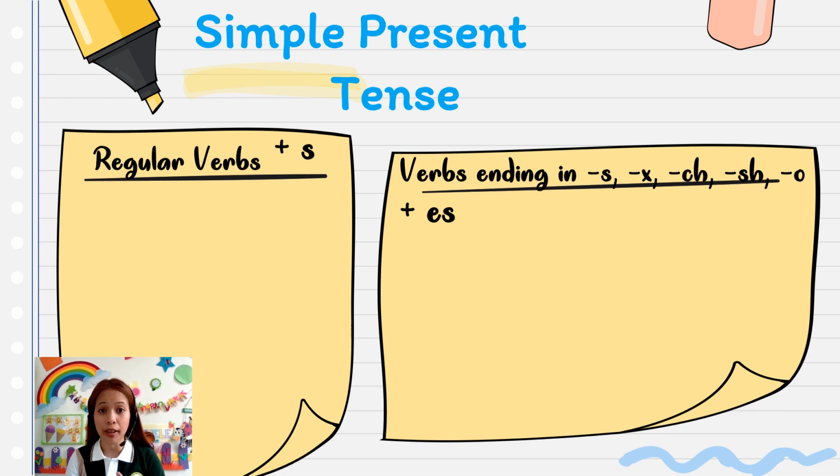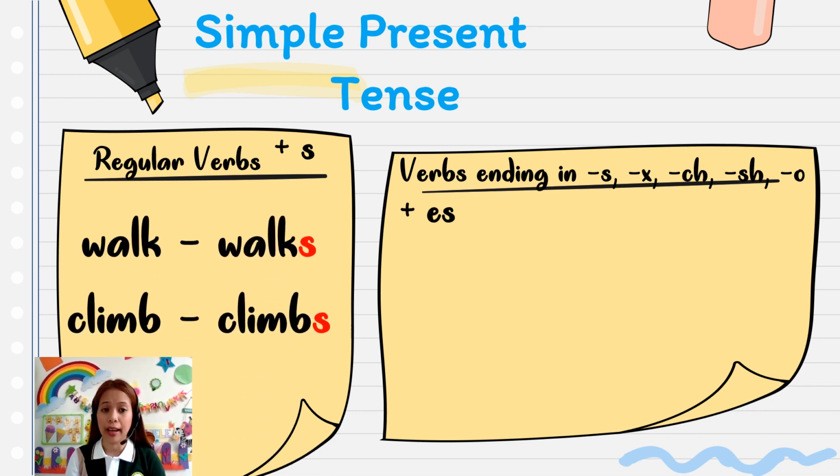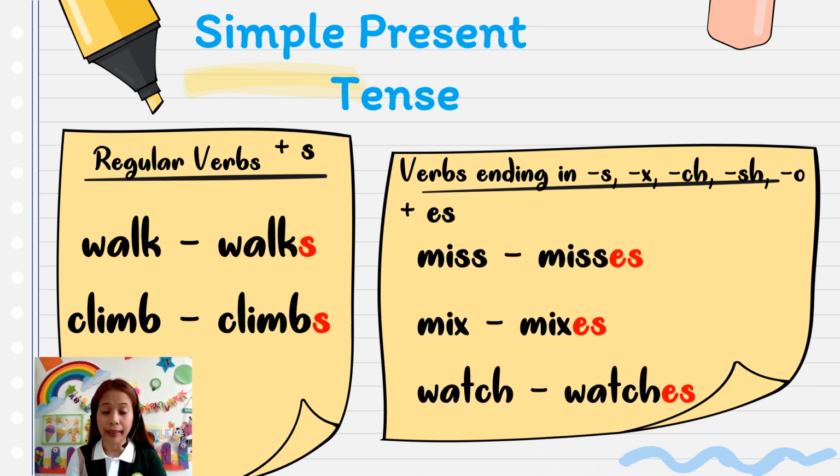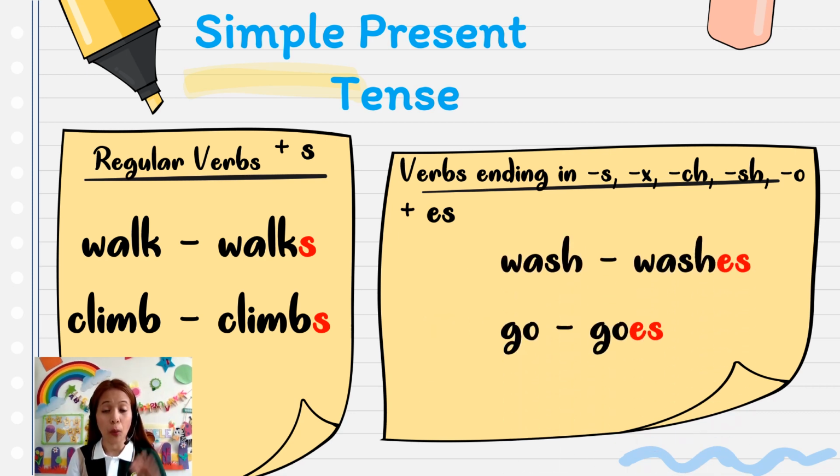Remember, in regular verbs like walk, it will become walks. Climb will become climbs. Just add s after the base form. The other one, for verbs ending with s, x, ch, sh, or o, we just need to add es, like miss becomes misses, mix becomes mixes, watch becomes watches, wash becomes washes,